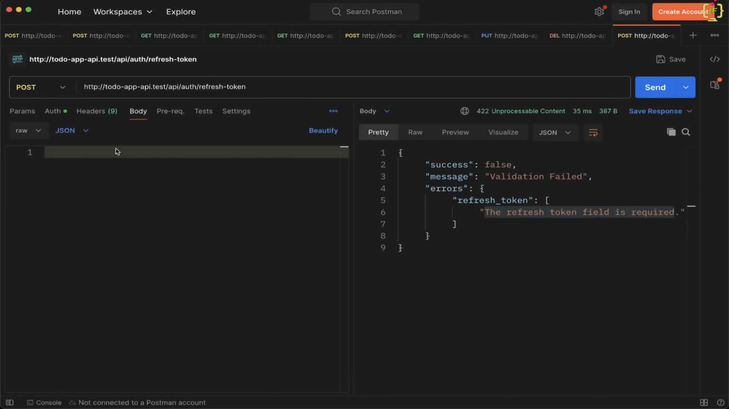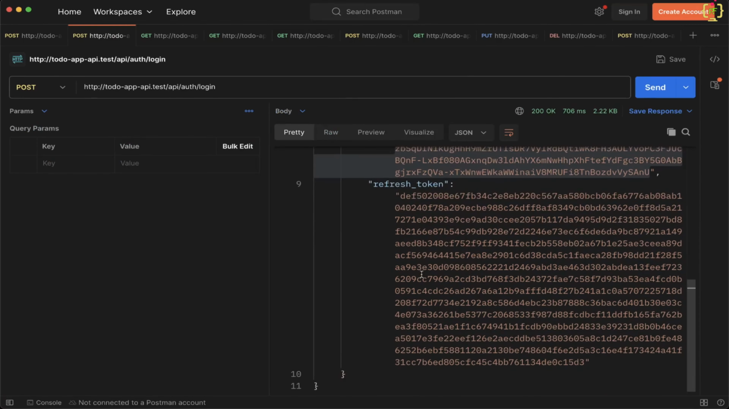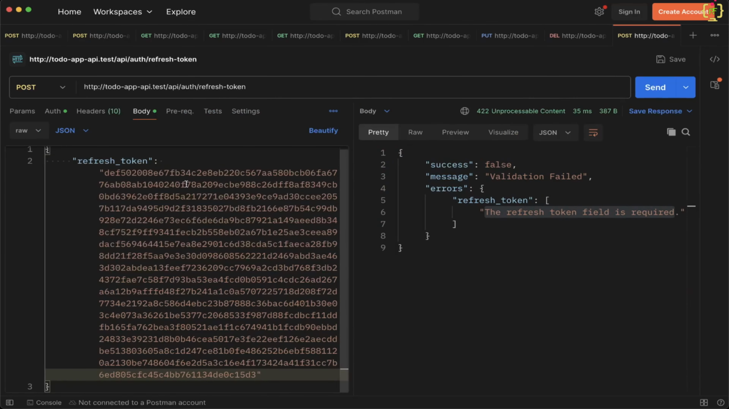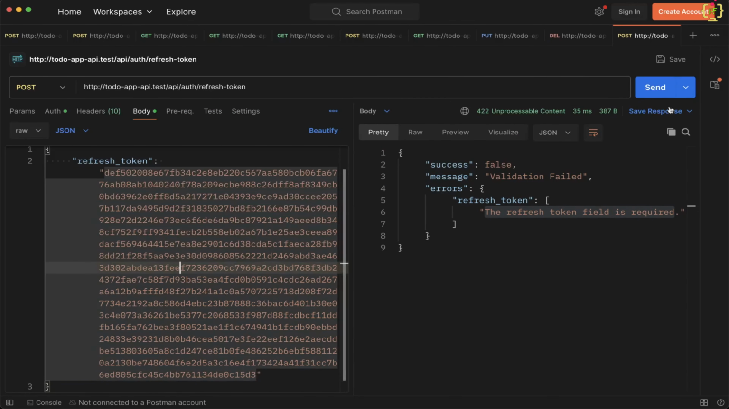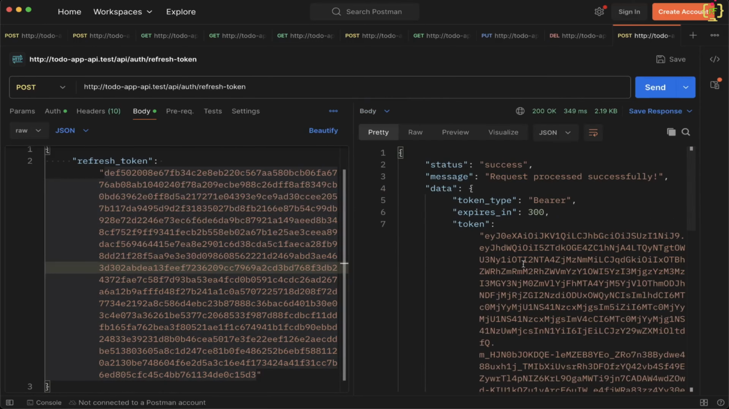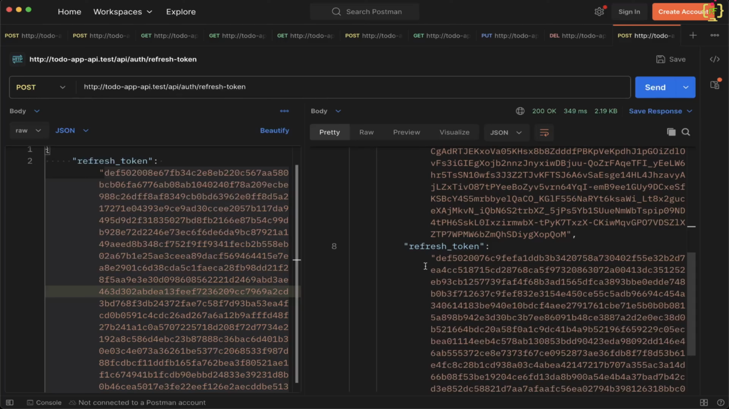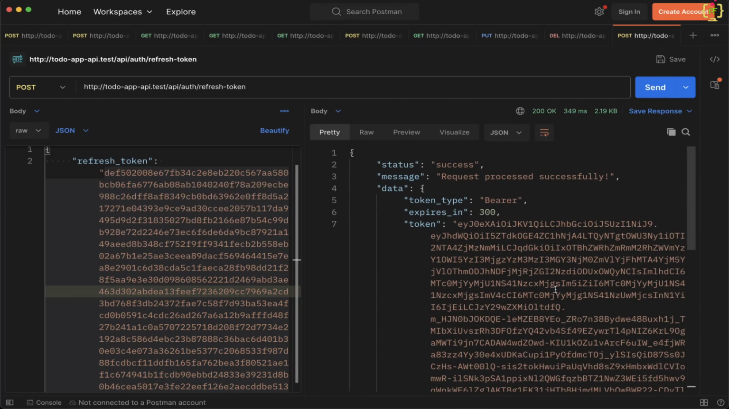Now we will have to add it inside the body in the form of a JSON. So I will add refresh token and I will paste it from this login response. Okay. And if you try to send the request, yes, we got the response as new token and the refresh token. Alright. Now if you try to check another API request, just like login profile, based on your previous access token,